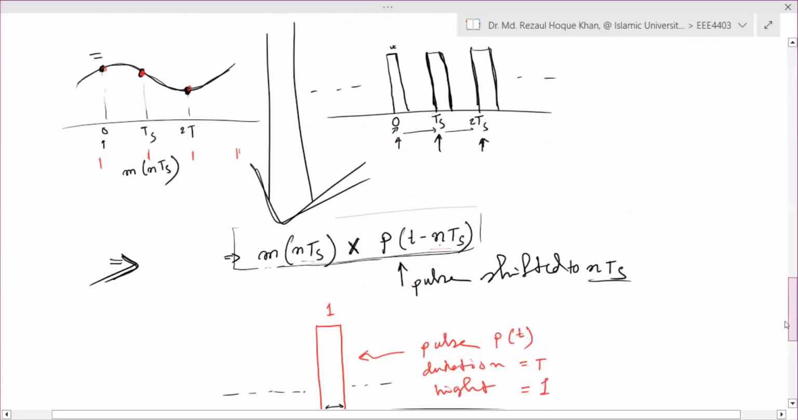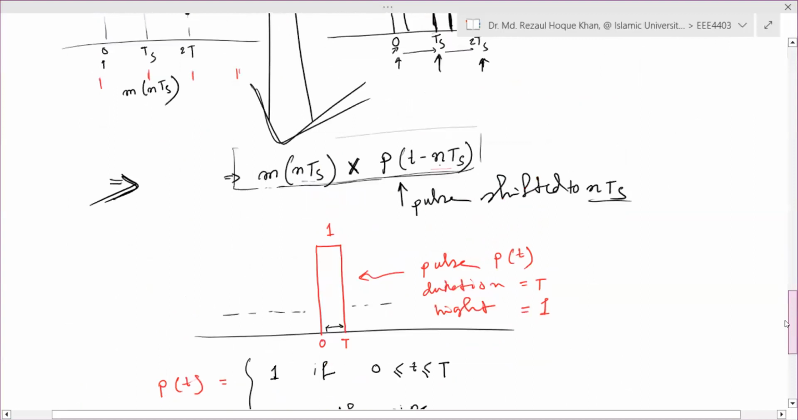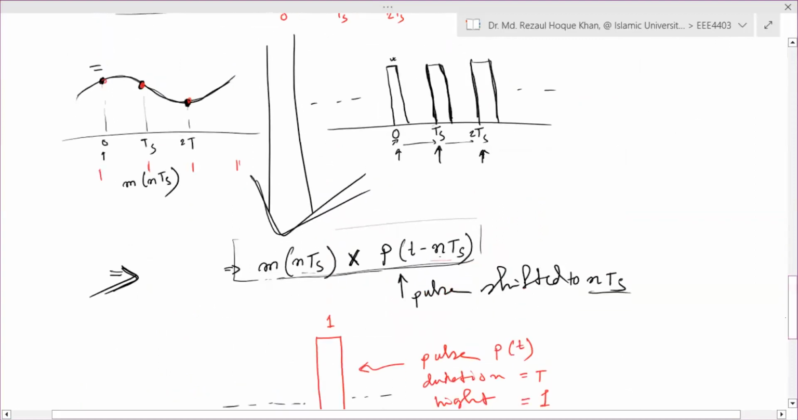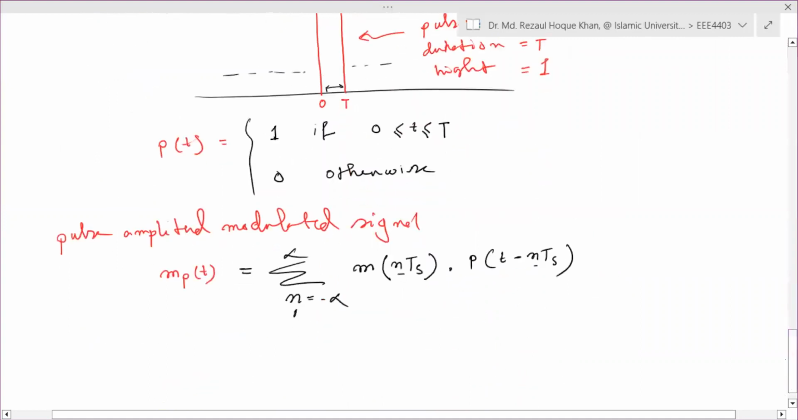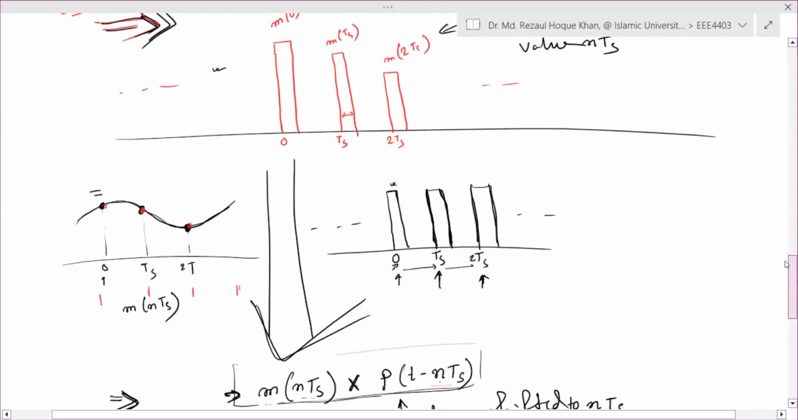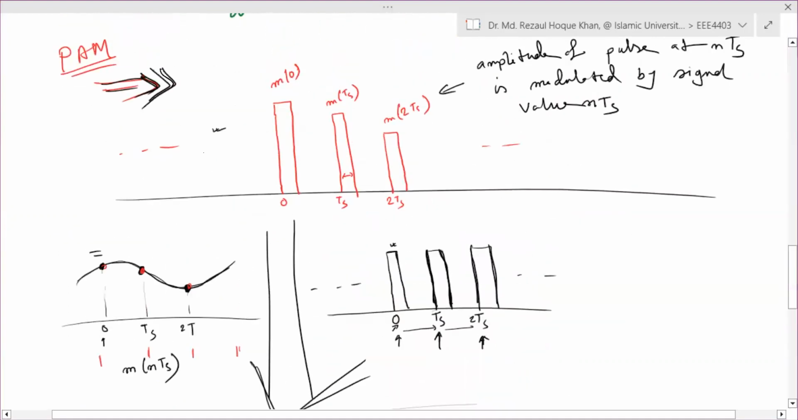And this is for individual pulses, right? If I add all the pulses, by the summation of this equation, we end up with this whole stream of the signal. Now, this signal, which is actually here,